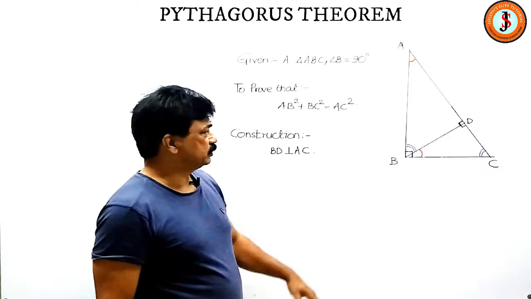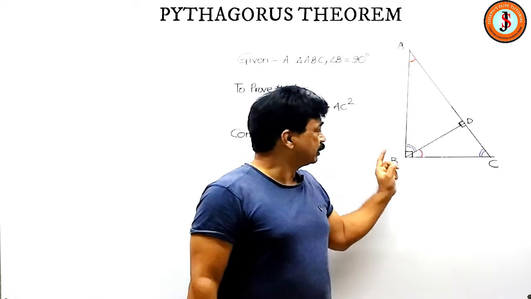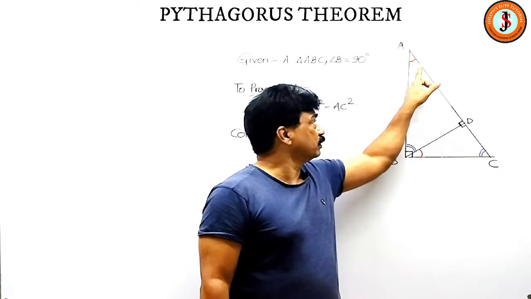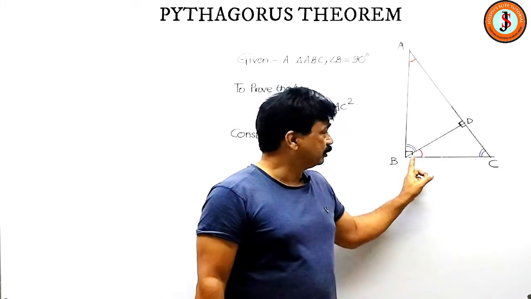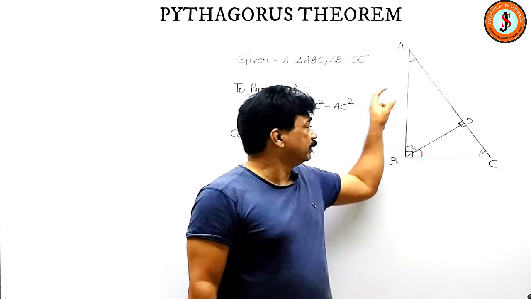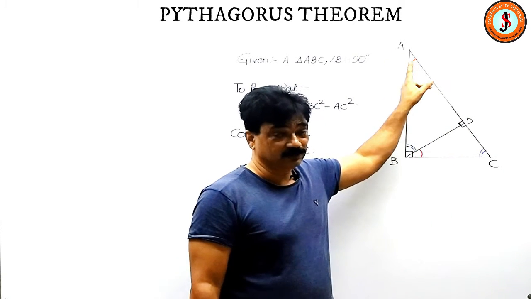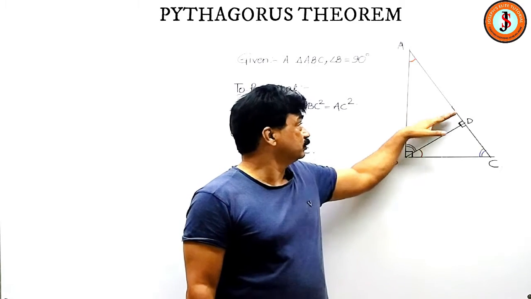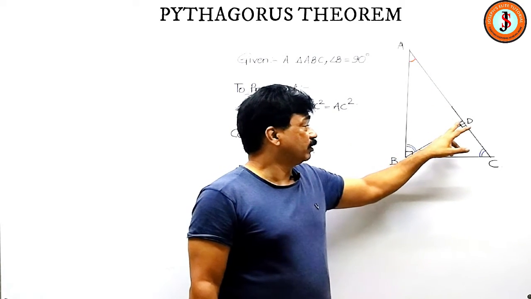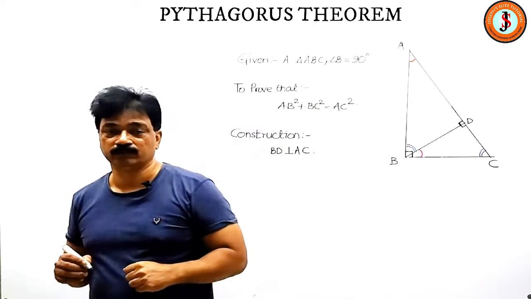Now it's very simple. Children, try to understand this. There is a larger triangle ABC in which there is one angle A and one angle ABC is 90 degrees. And there is another smaller triangle ADB, which has one angle A, that means it's common to the larger triangle and to this smaller triangle, and one angle 90 degrees. So these two triangles should be similar.